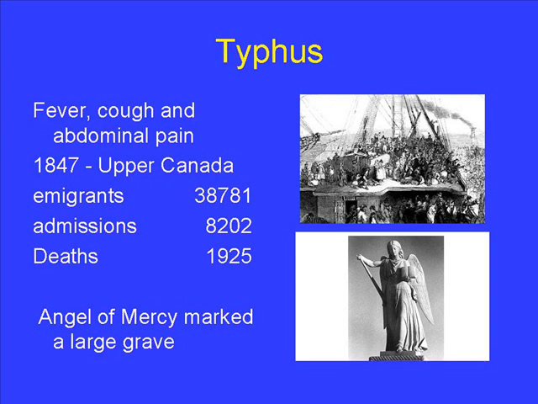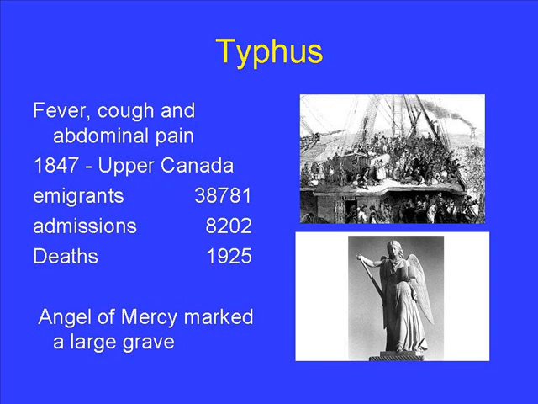Of those 89,000 who came on a variety of different vessels over a period of time, 5,000 died before they arrived in Quebec and the Isle of Orleans. In the total figure, the overall figures, there were 30,000 people reported to be ill with typhus amongst this immigrant group, and 10,000 died. That is roughly 30%.